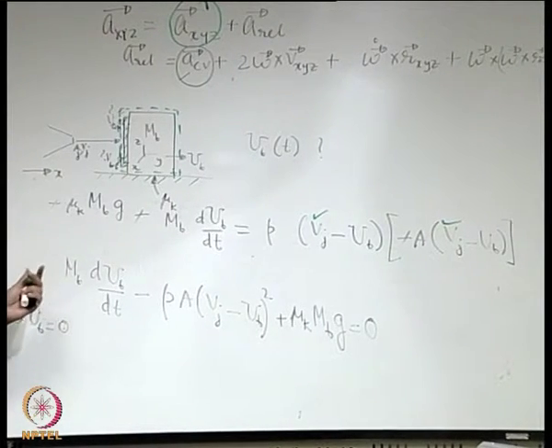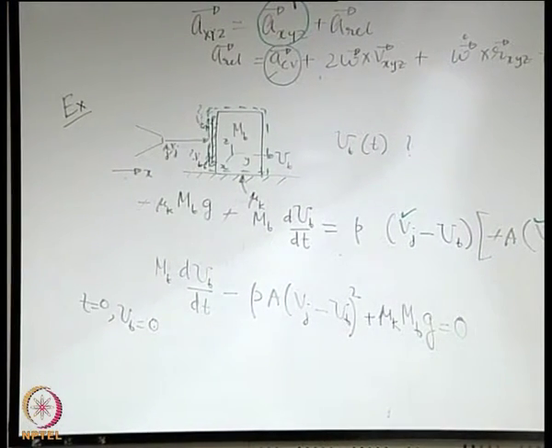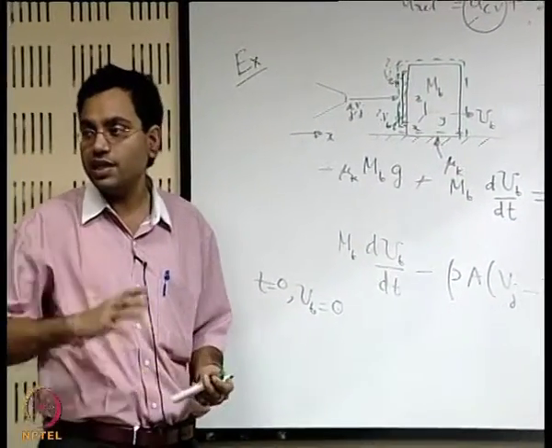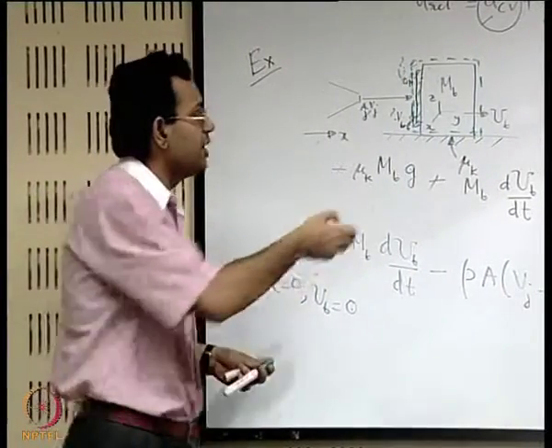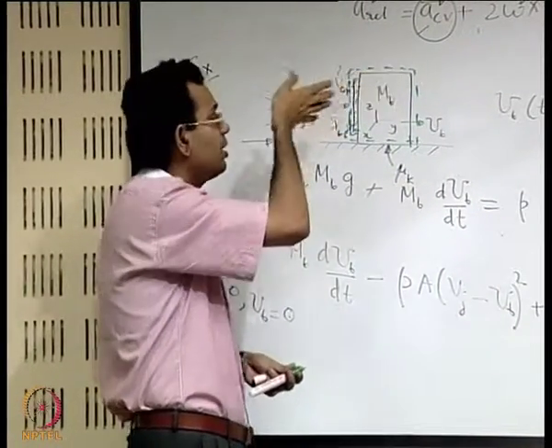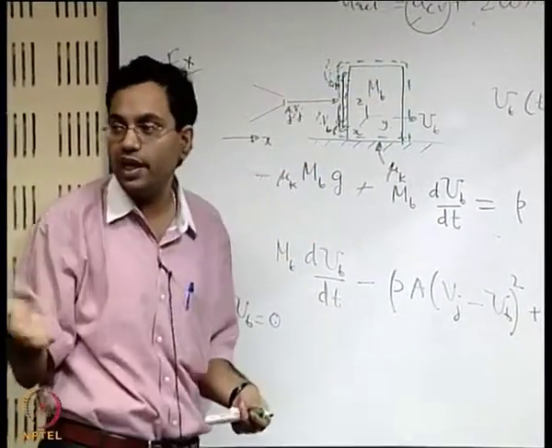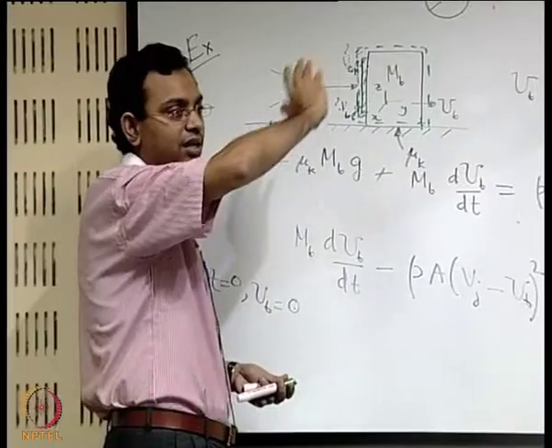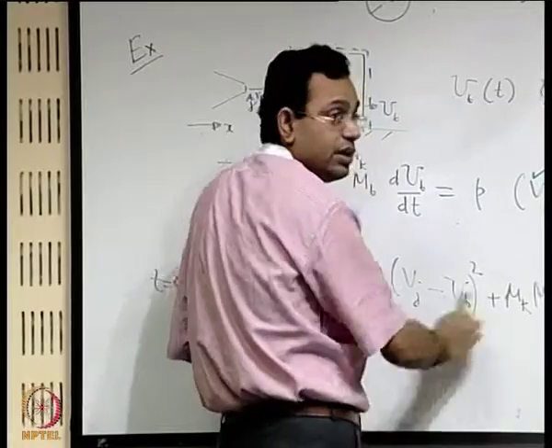So it is a straightforward differential equation. Even if you do not solve it, you can find out what Ub should be when it attains a steady state. Initially the velocity is 0. Now, because of the striking of the jet, it will be pushed to a velocity and it will come to a uniform velocity, that is, the change in velocity will not be there anymore when the dub dt term will be 0. So it will come to a limiting uniform velocity, which can be found by equating these two terms.